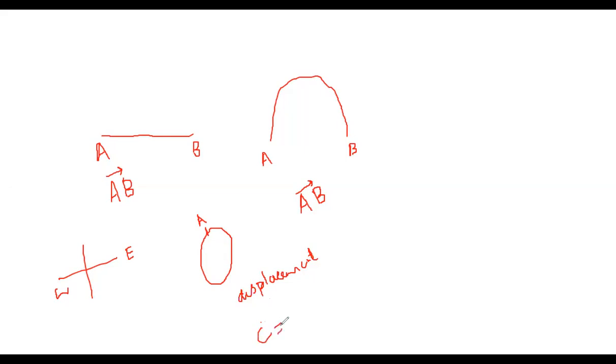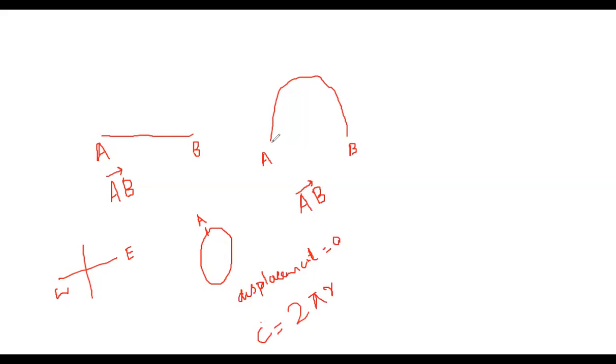2 pi r. If we want to calculate the distance, how much? So we have to calculate the total circular path of this journey, which is equal to 2 pi r. But if you say the displacement here, that is 0. Similarly, in another example,